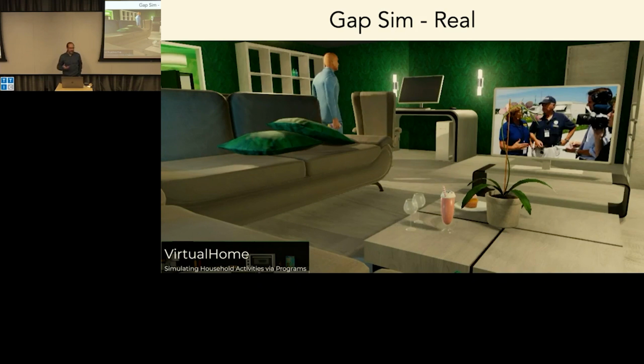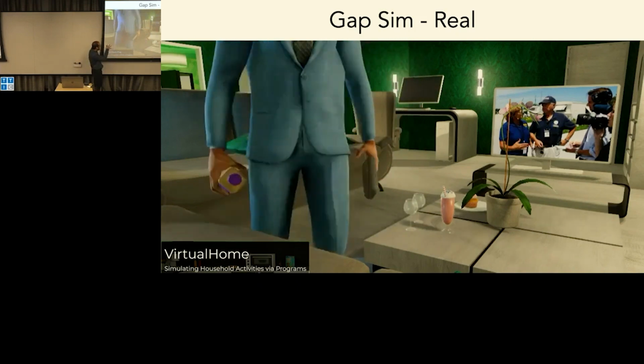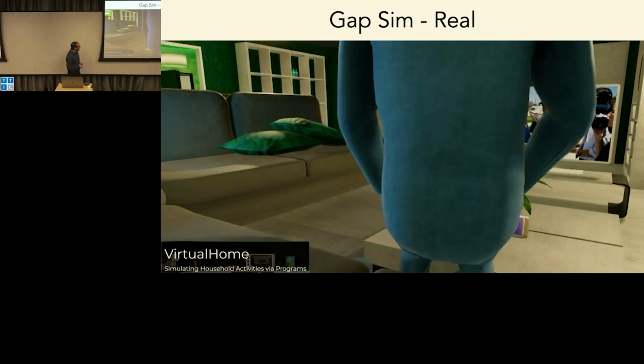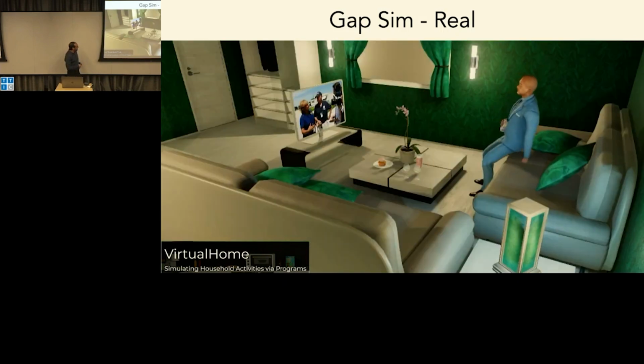But they always have this problem of the gap between the simulation and the reality. So here is VirtualHome, an environment where you can control agents and so on. Here is an agent that wants to watch TV and have a drink. You need to get all the details right. Like, it doesn't know where the mouth is. And there is always this issue that mimicking reality is just so hard. There are so many details and you need to code all these things. And it's just very, very complex.